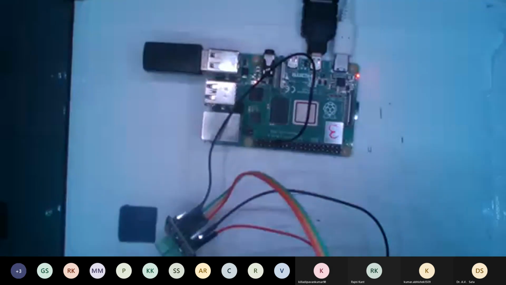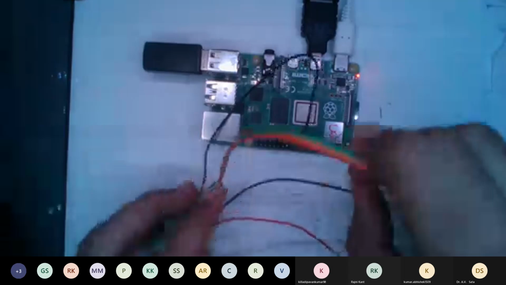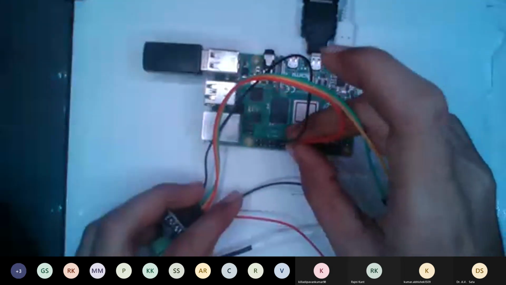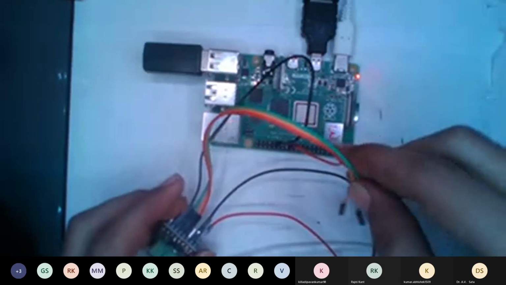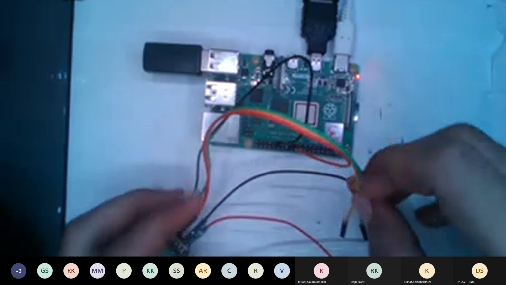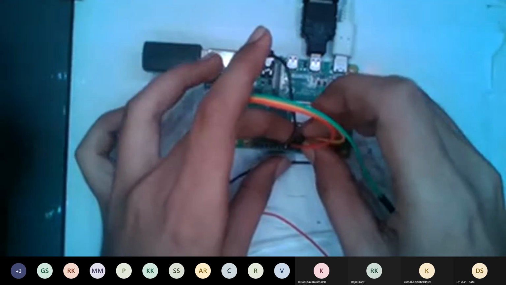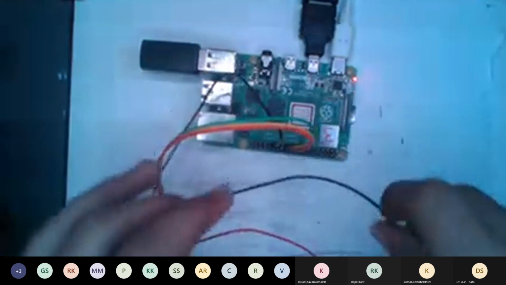Then SCLK, which is 9th, bottom side. Then the MISO pin, and the green one is MOSI.